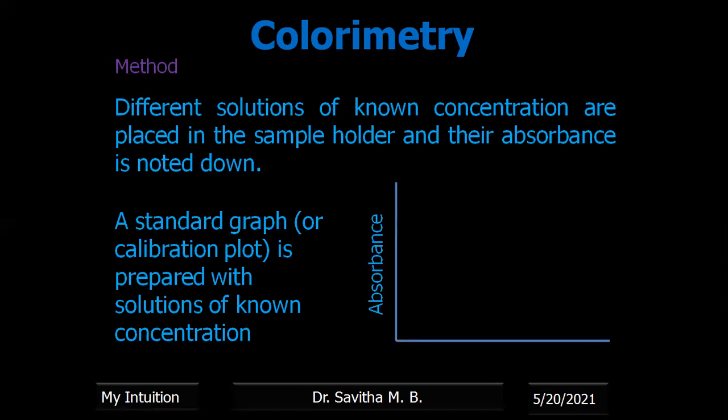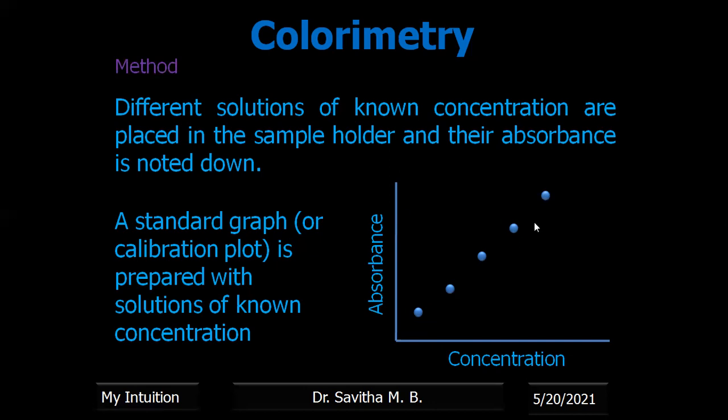Okay, in the calibration graph you'll be taking absorbance, whatever you are measuring from the instrument, along the y-axis, and concentration along the x-axis. And as the concentration increases... first, when the concentration is 0, the absorbance is also 0, you have set it to 0. Then for the first solution, you will note down the absorbance. Then measure the absorbance of the second solution. See, concentration increases, absorbance also increases. Similarly, you need to find out the absorbance. You have already found out. Now you have to plot the graph.